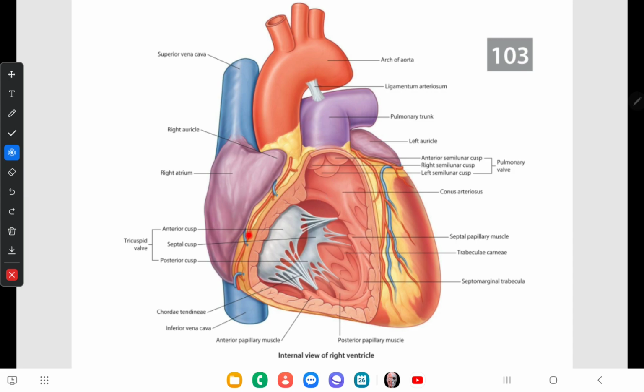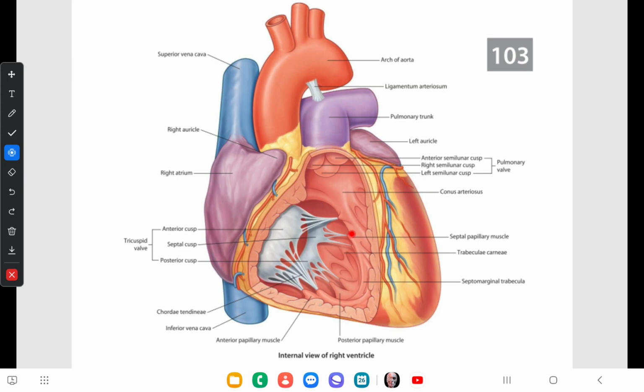The walls of the right ventricle are much thicker than the walls of the right atrium, and there are projecting ridges formed by muscle bundles as well. We call them trabeculae carneae. It gives a spongy-like appearance to the ventricle. The trabeculae carneae are composed of three types, and the first type is the papillary muscles. You can see these papillary muscles projecting inwards from the wall of the right